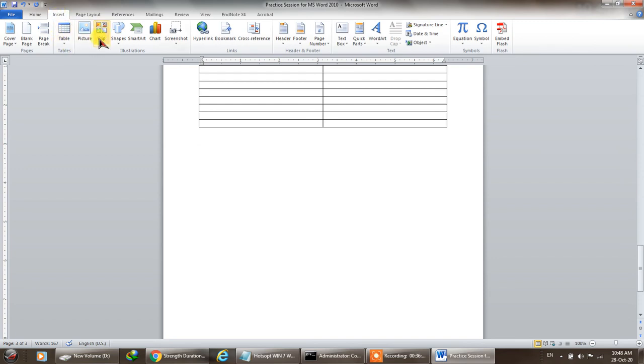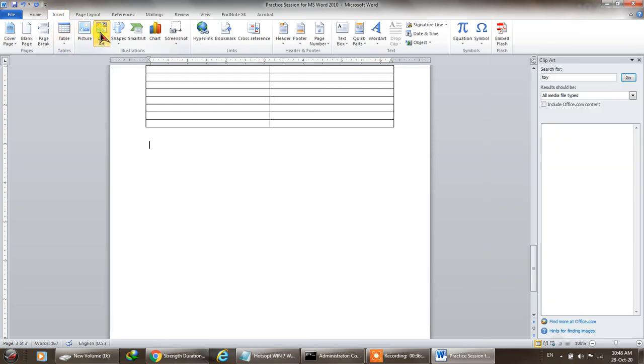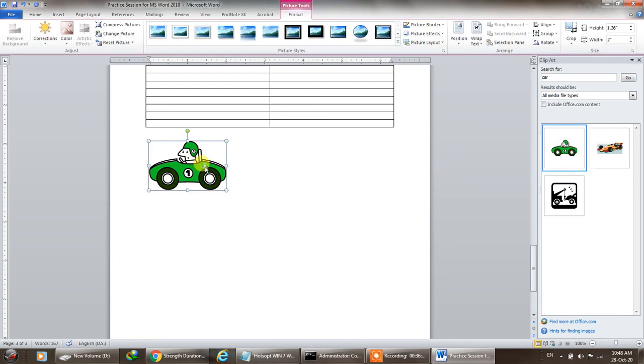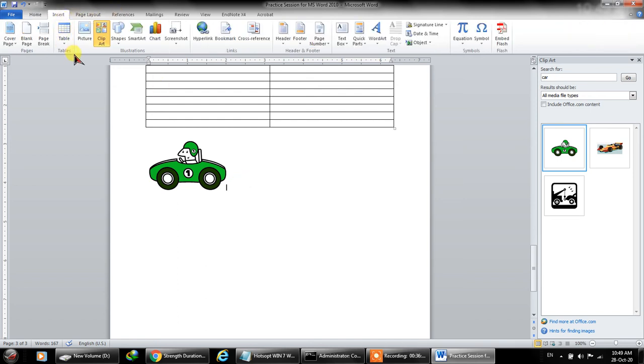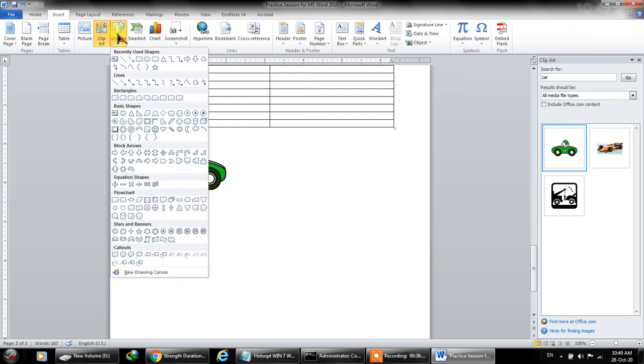The next thing is you can add the clip art. For example, I want to search car, and this is just a clip art. It's a basic form of a picture. I can insert shapes if I want to.